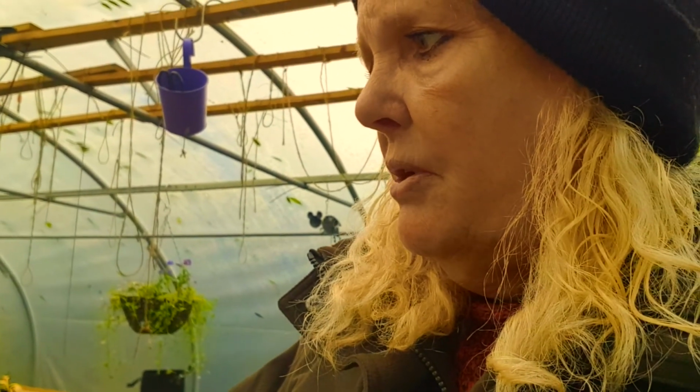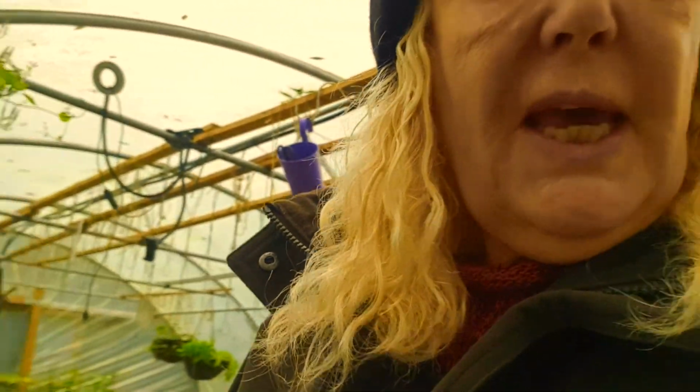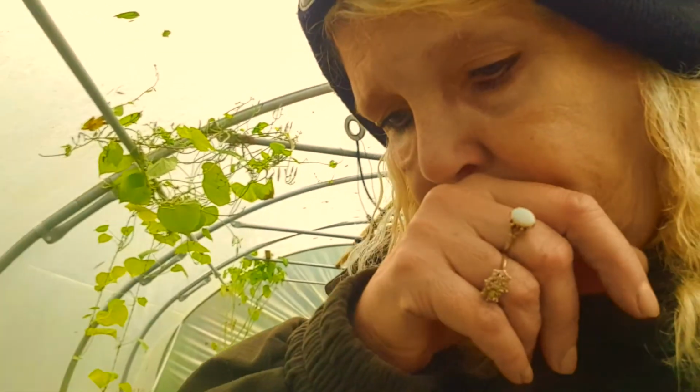I'm waiting for those calendula over there under the table to die off, but they're flowering at the moment, so I'm just going to leave them. When they die off, I think I might put the onions under the table, because I've already got onions in this bed. I've still got the chives growing, so they might grow back next year. So I thought if I trim them up again... Sorry, I just drank some coffee really fast. I thought if I trim up these chives...